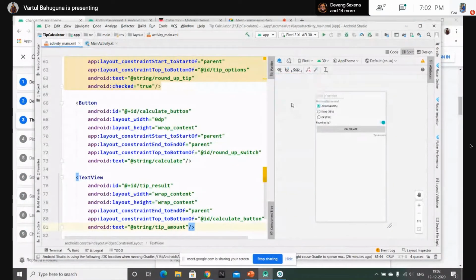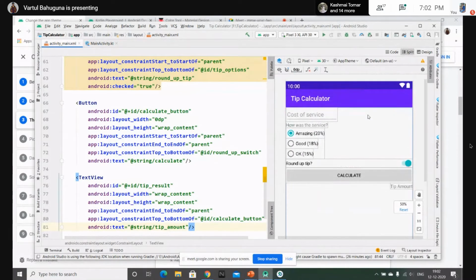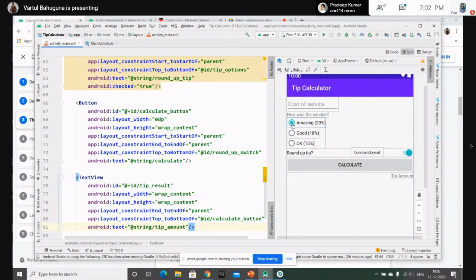show system UI. So here you can see what our app consists of. Let me zoom in. This is the status bar that shows the status of the phone. This is the toolbar of our app that displays the name of our app. And then we can find some of the buttons, some color over here on the buttons.